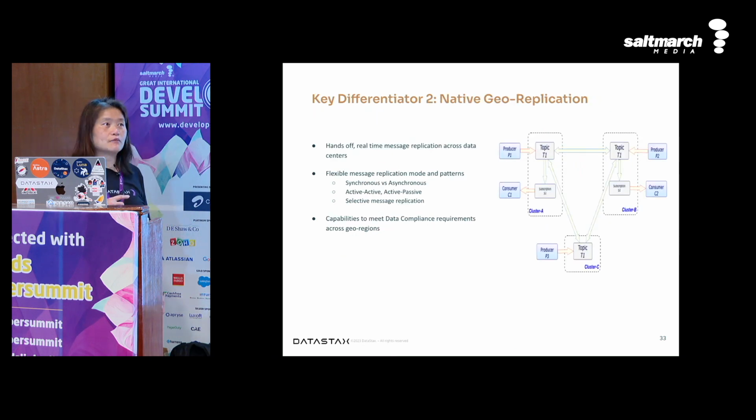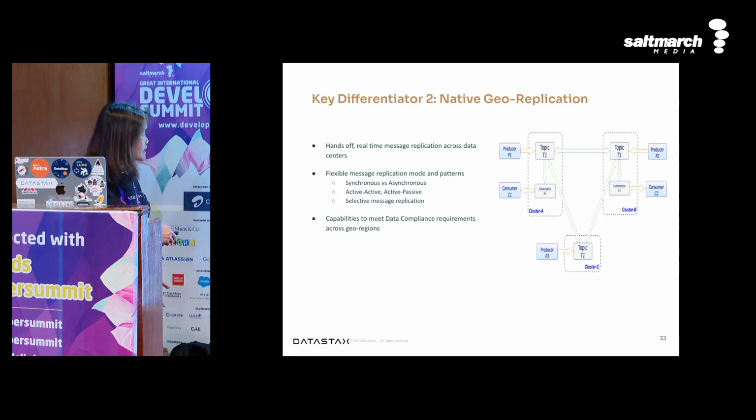The second thing is that Pulsar supports geo-replication. Maybe some of you are involved with your company's ecosystem, where you have data centers in different parts of the country or the world, and you want replication done among your different data centers. The nice thing is that Pulsar already has that built-in mechanism, and you can do selective message replication. Sometimes in different regions you have different sets of rules for what data is to be transferred or not, so you can configure it.